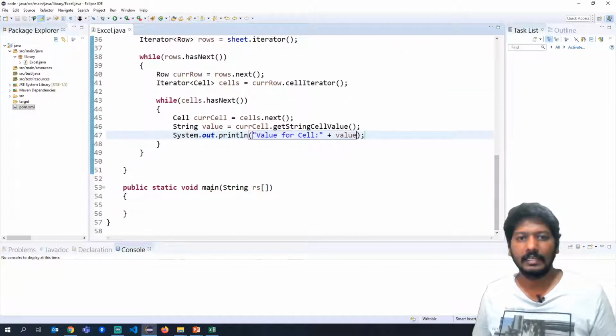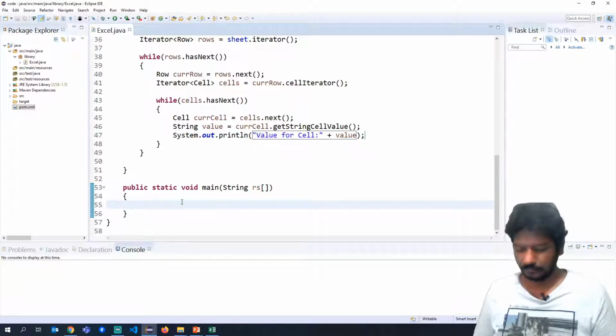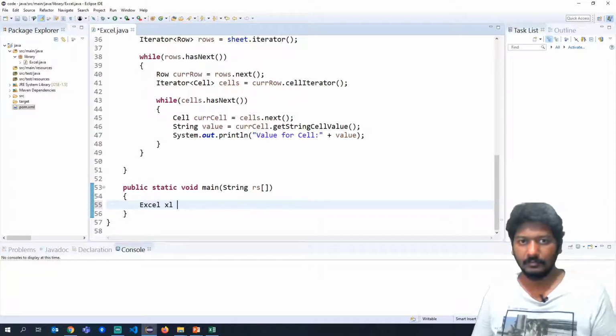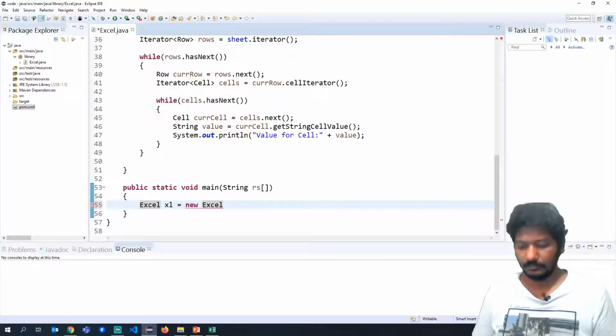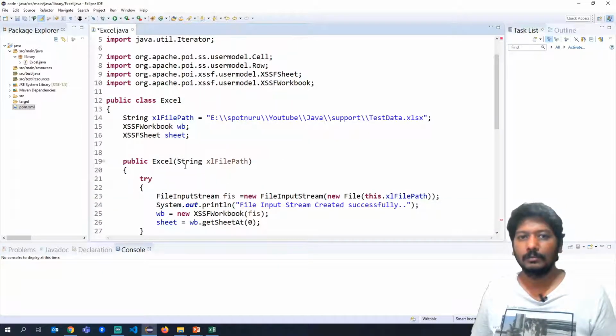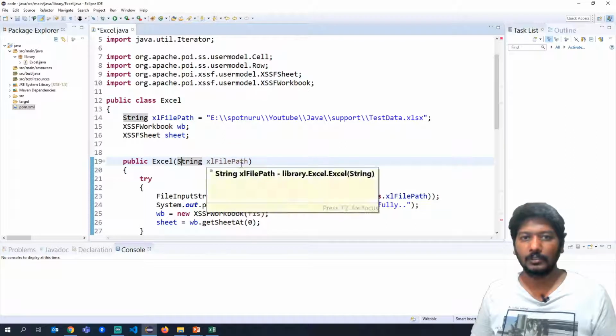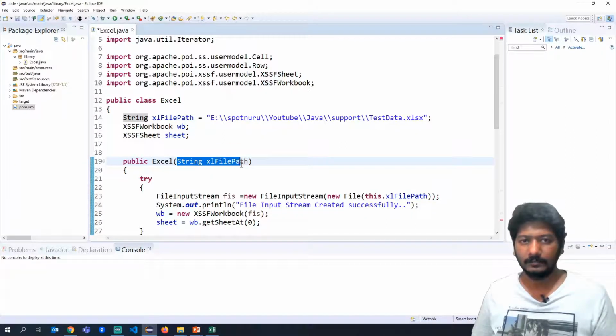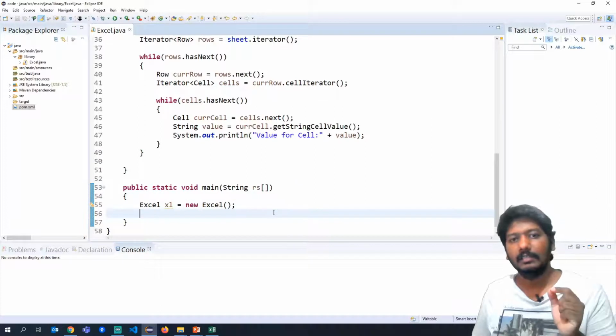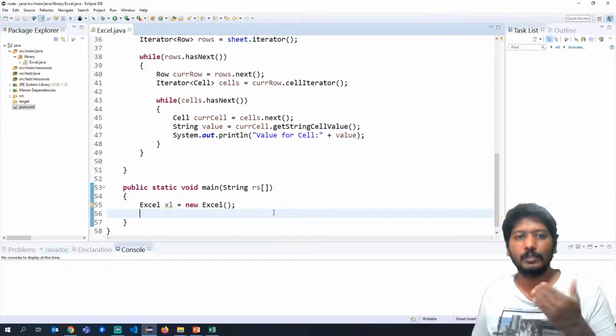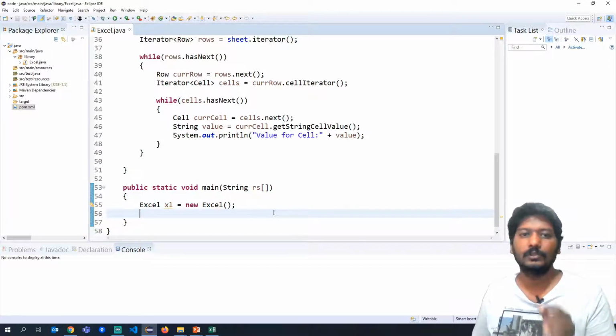Now let us create an object for this. Let me remove this constructor with string because we are anyway not using it. The moment we execute this program, it will first come to this part, that is Excel is equal to new Excel.